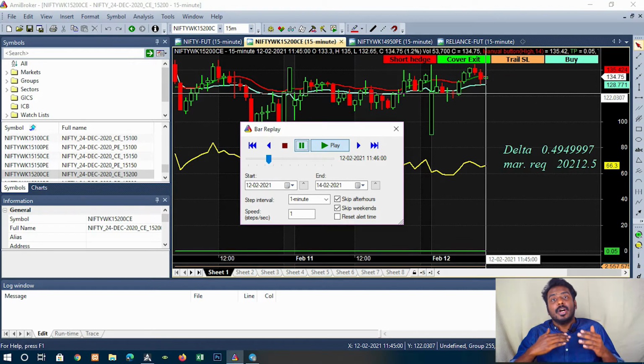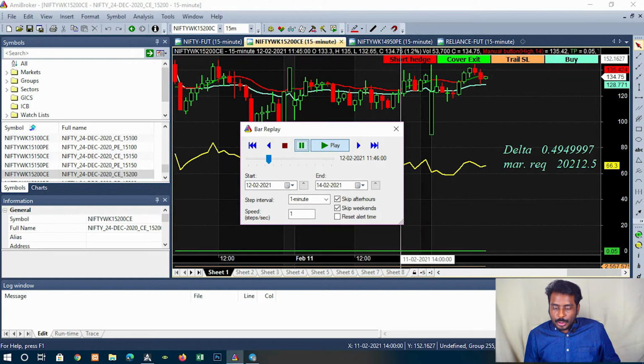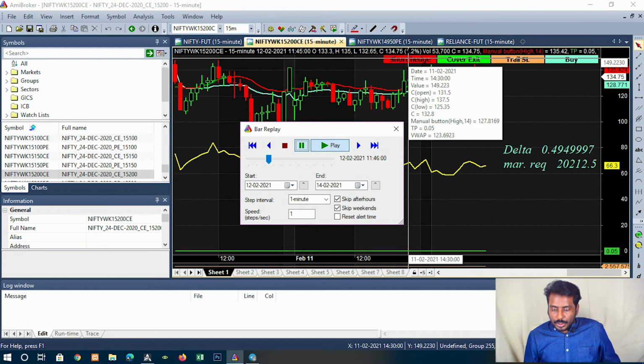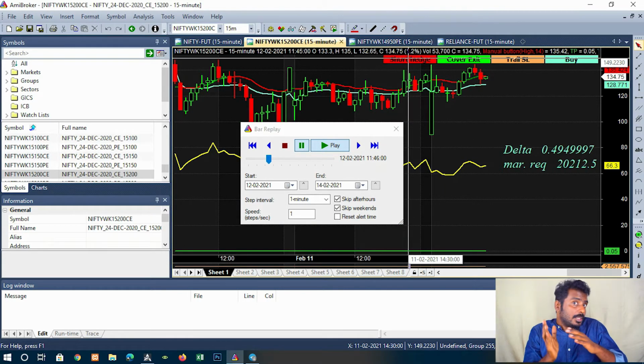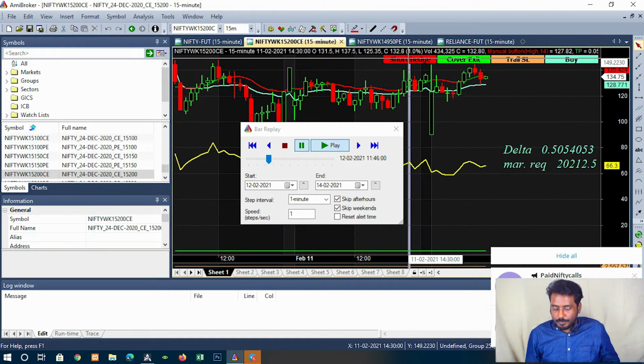Here the spread size is 150. So we are going to trade on the 15,200 call option plus the 15,350 call option. Here I'm going to short the market. I'm just clicking this short hedge. Everything has been set up in the morning itself, so I need not worry about anything. I'm simply clicking on it. See, once I click